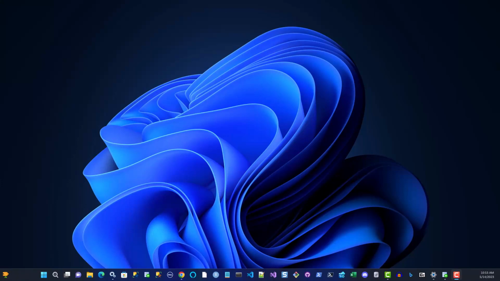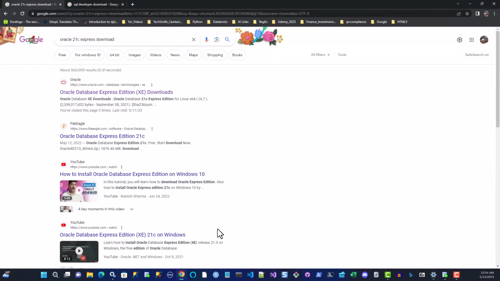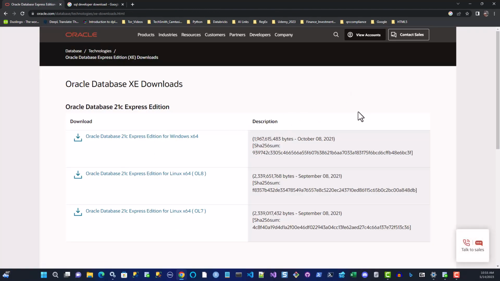And I'll just briefly touch on how you can put it on your machine if you have a Windows machine at least. If not, there might be other videos that you might want to go and check out. So the first thing we need to do is to get a hold of the Oracle database. Now, if you go here, as you can see on my screen, there is an Oracle Database Express Edition. What you can do is click on this link, and when you do, you're going to end up on this particular website. You can see it up here,